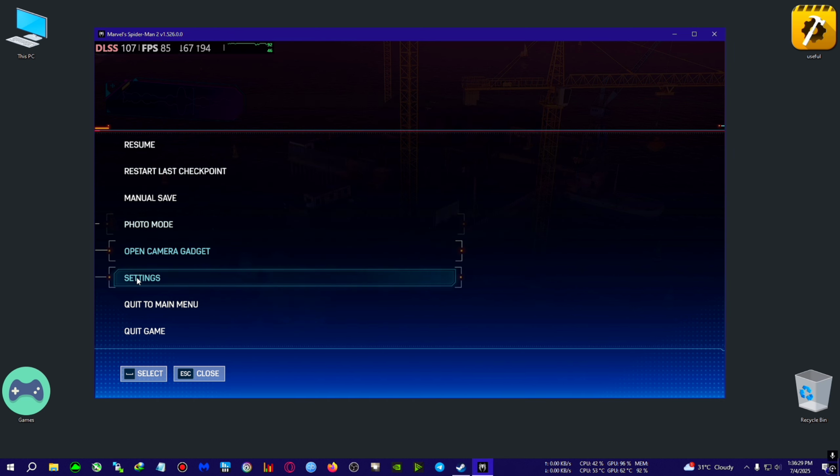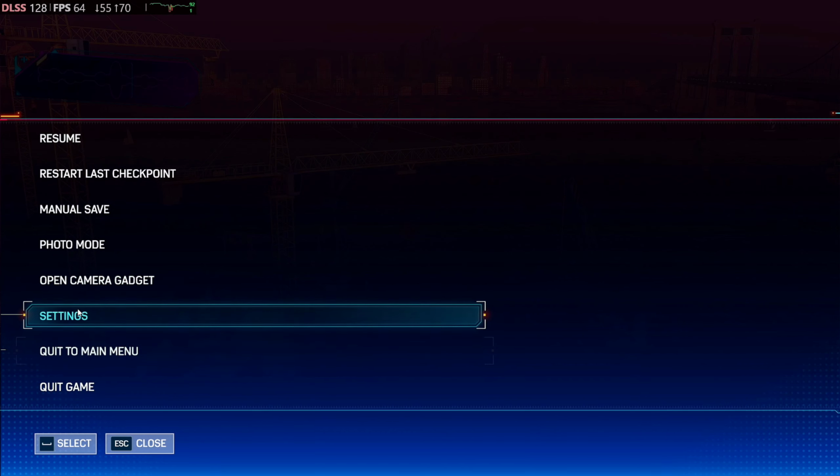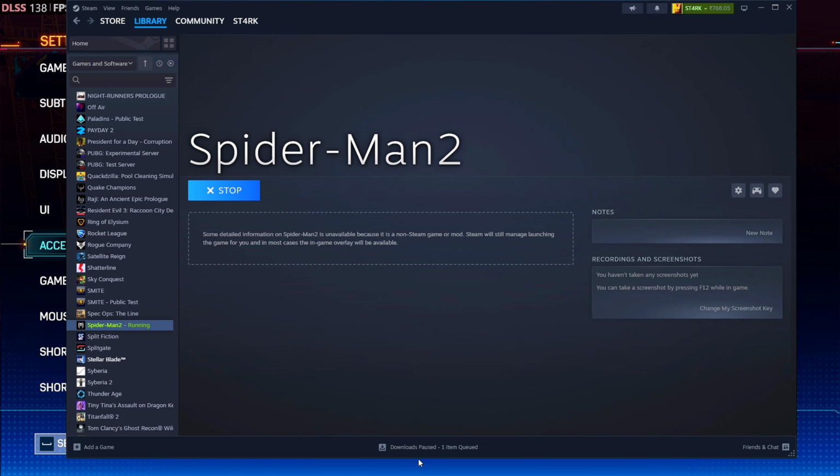Okay, so you can see it says DLSS FPS 138, 140 and the only FPS is 70. What it is showing is my game's real FPS is 65 and the DLSS frame generation is generating frames up to 120, 130. Now if I switch to FSR, wait, let me also make the overlay a little bit bigger